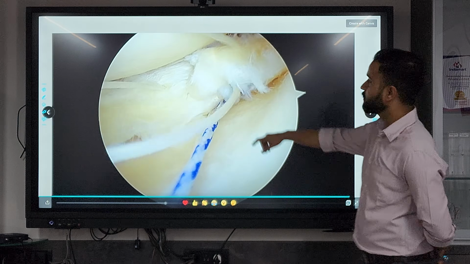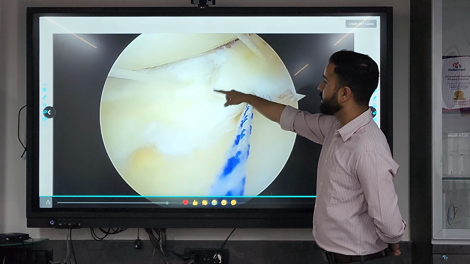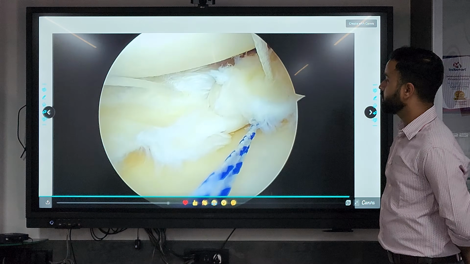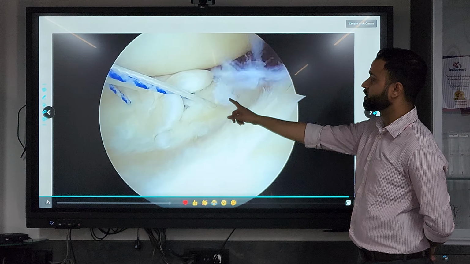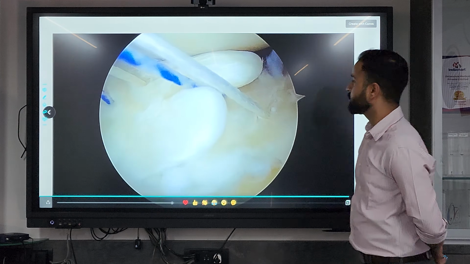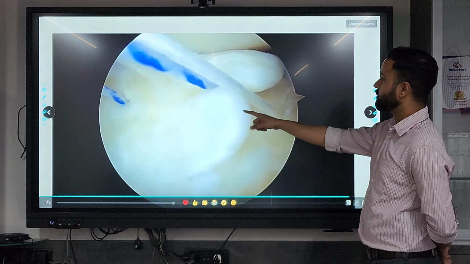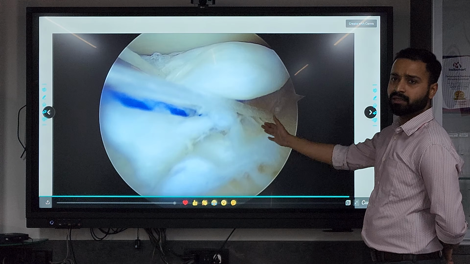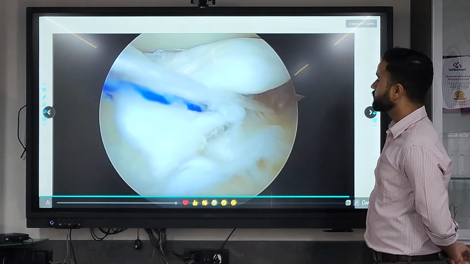So you see that we passed one suture each on either side of the tear, and we need to repeat the same process for the other 2 ones. So you see the blue ones have also been put into place, and now when you pull these sutures, the meniscal margins are approximated.